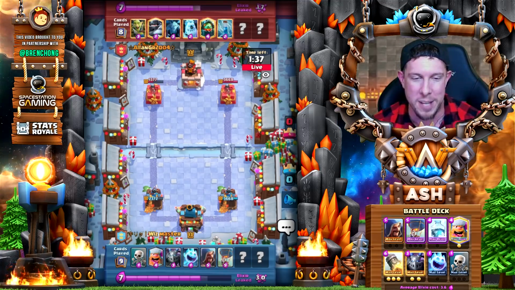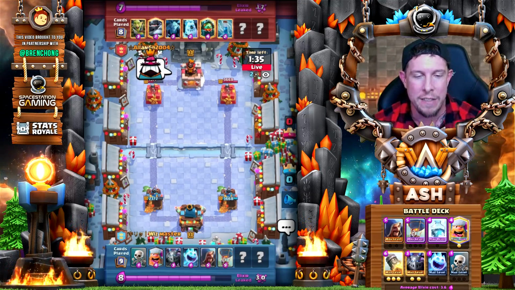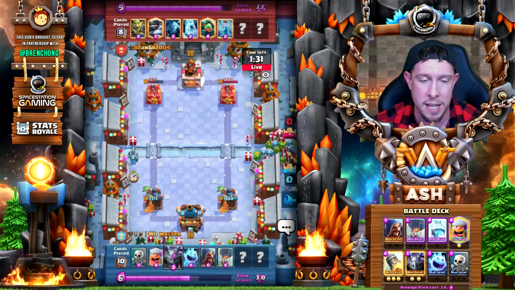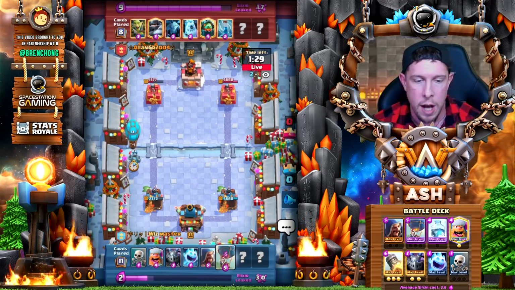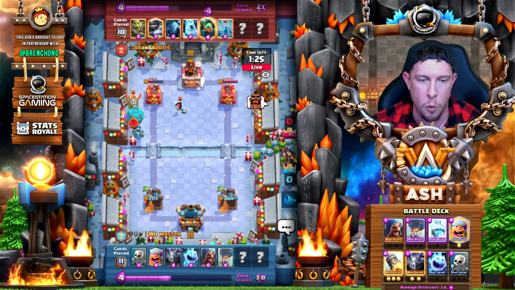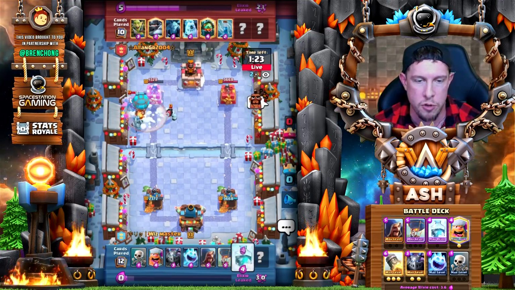So we'll see what happens here. The match is not over yet. This is definitely a matchup that Alan Gurr can win. He has a few answers, obviously, to our cards. Knowing that minions are out of cycle, we're forcing the opponent to cycle to an Inferno Dragon, and there comes